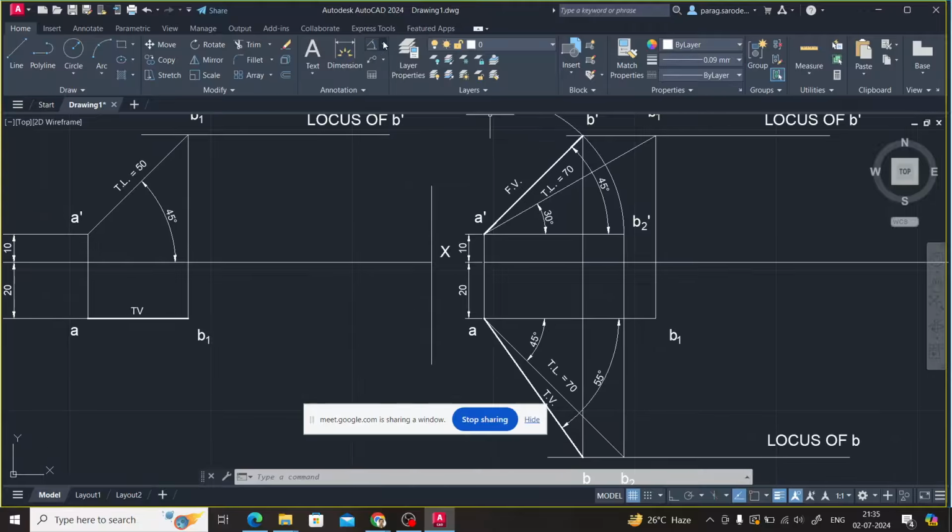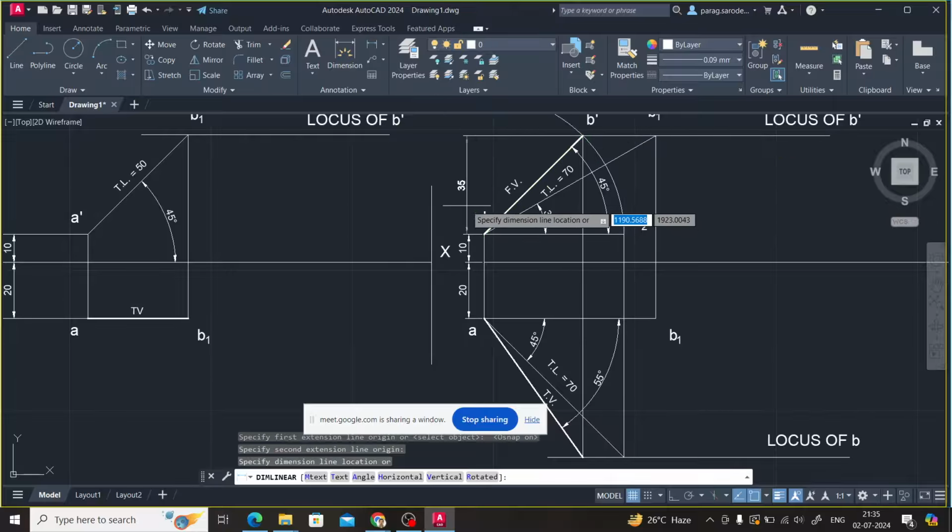Now you might also be asked what is the length of the front view. Okay, so in that case,